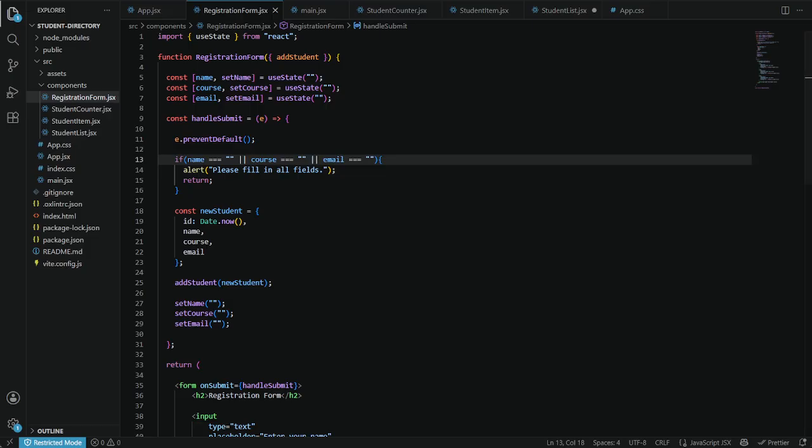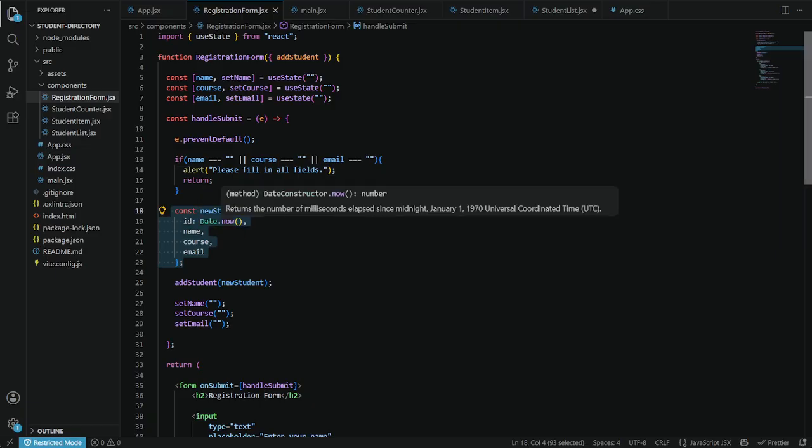So this one is to create the student object. This creates a new student object. The name, of course, the ID. The ID is, for example, if you delete a name, only that one gets deleted. It gives the student an ID. This one is ID number 1, 2. But once you delete ID 1, only ID 1 will be deleted, not including ID 2. And then of course the course and email.